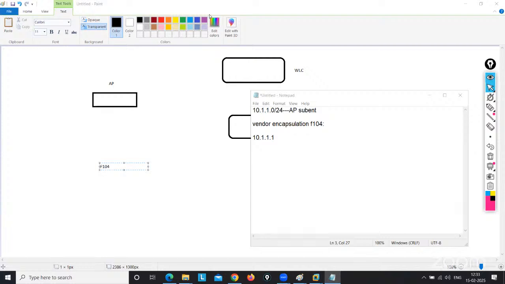Yes, I'm hearing you. It's clear how this option 43 will work, because this is the most important thing in the WLC part. This is the first question. Yes, because in the environment where I worked in my last company, we were using a centralized DHCP installed in the data center, and in the site level switches we were configuring that DHCP IP under the DHCP configuration. We were putting that option 43. Yes. In the DHCP, you need to put the option 43.